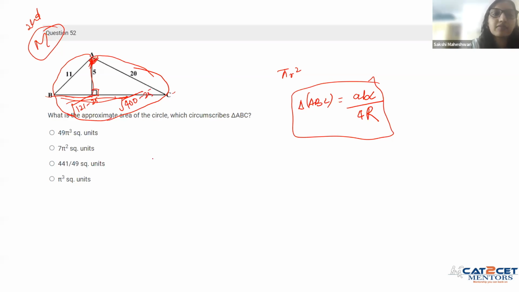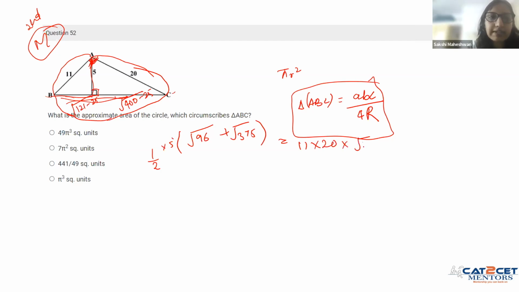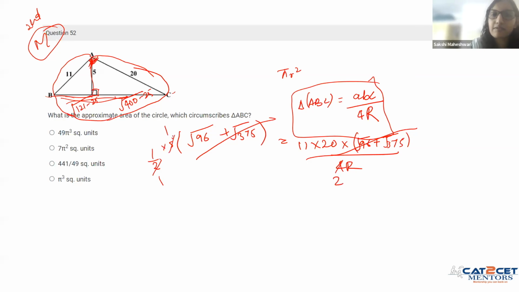So area of triangle ABC would be half into 5 into (under root of 96 plus under root of 375), and this will be equal to ABC, so that is 11 into 20 into 3 into (root 96 plus root 375) by 4R. So this gets cancelled, and you have this R equal to